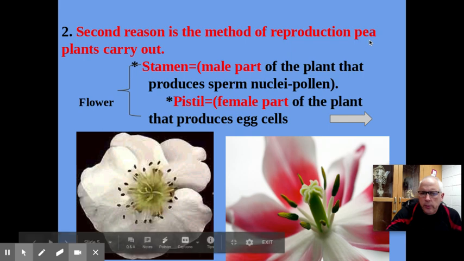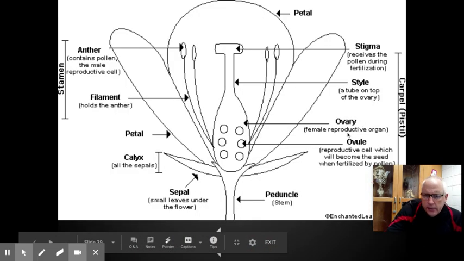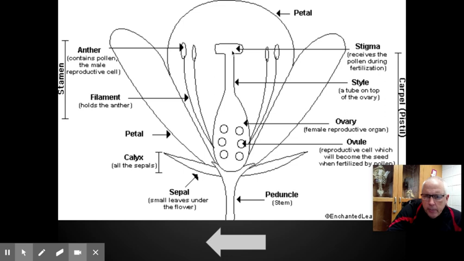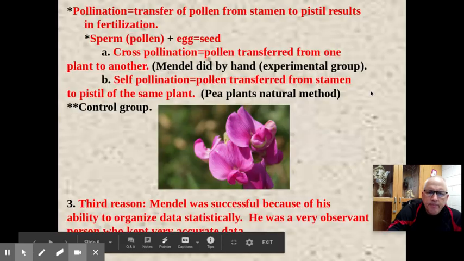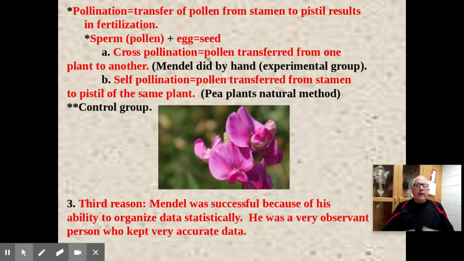Okay, now there's 2 ways we can do that, right? So basically there's 2 methods. We can just have it come over here on the same plant, and the pollen gets released, it gets stuck, drops in this tube, fertilizes the eggs at the bottom. Or I can have a bee come and get the pollen and go over to another plant and pollinate it that way. So we have some terms for that. Okay, so let me kind of show you that real quick. So we have self-pollination and cross-pollination, okay? And then that sperm will then basically develop into a seed, and then that seed hopefully gets deposited somewhere in the soil and grows into another pea plant, right?